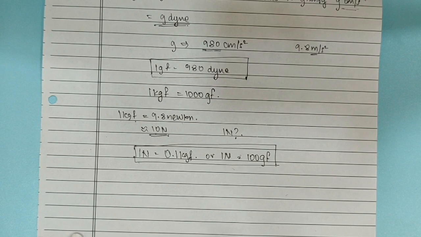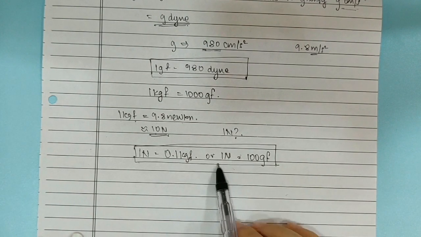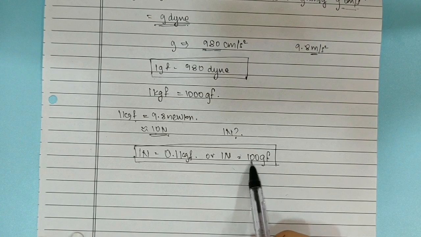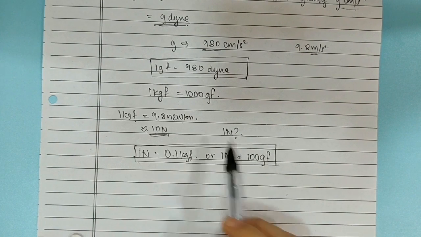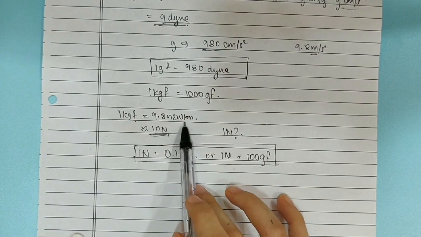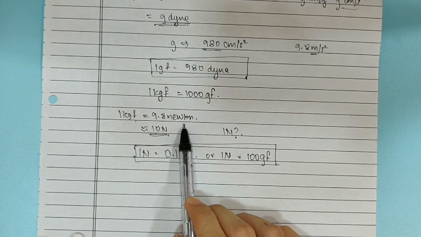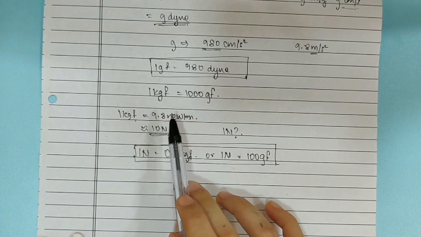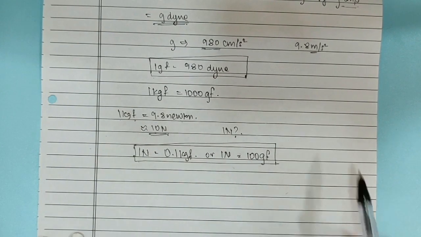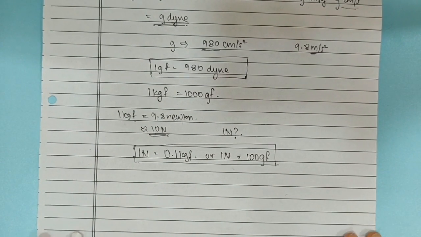Thus, we can feel a force of 1 Newton when we hold a weight of mass 100 grams on our palm, and 1 kgf, which is equal to 9.8 Newton, obviously means that we have to exert a force of 9.8 Newton to hold a mass of 1 kg on our palm. So that was all about the units of force that you need to know, and I hope you've understood everything that I taught you today.